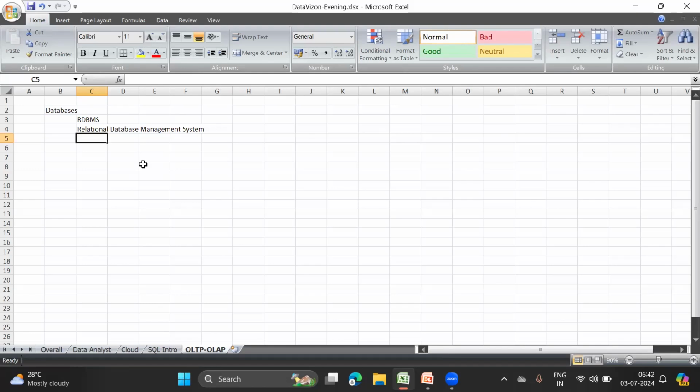We understood yesterday what management is and what all things we can do, and we know what a database is. Now we want to understand what a relational database is. Relational databases are databases which store all the information in terms of tables. You can only store tables, and those tables have relationships among each other.